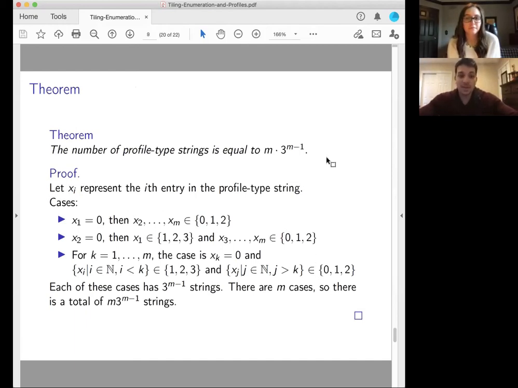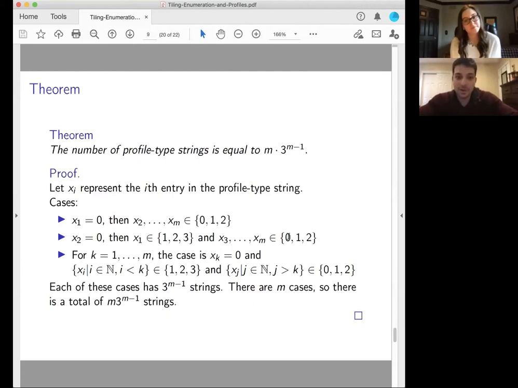So how do we prove this? Well, we're basically going to set up a bunch of zeros throughout the profile type strings and see what happens after. So if we put the 0 in the first spot, every entry after that only has 3 options, which is 0, 1, or 2. And if we put the 0 in the second spot, then every spot before that, which in this case is just x1, can be either 1, 2, or 3. And then every spot after that, it can either be 0, 1, or 2